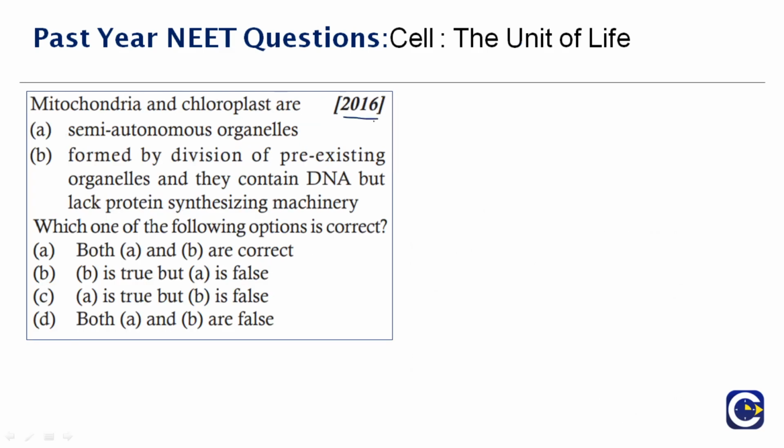This question was asked in the year 2016. Mitochondria and chloroplast are, and again, see which one of the following options is correct. Are both A and B correct, or both A and B wrong? So what you have to decide? Mitochondria and chloroplast are semi-autonomous organelles, or they are formed by the division of pre-existing organelles? They contain DNA but lack protein synthesizing machinery. So the correct answer goes to option